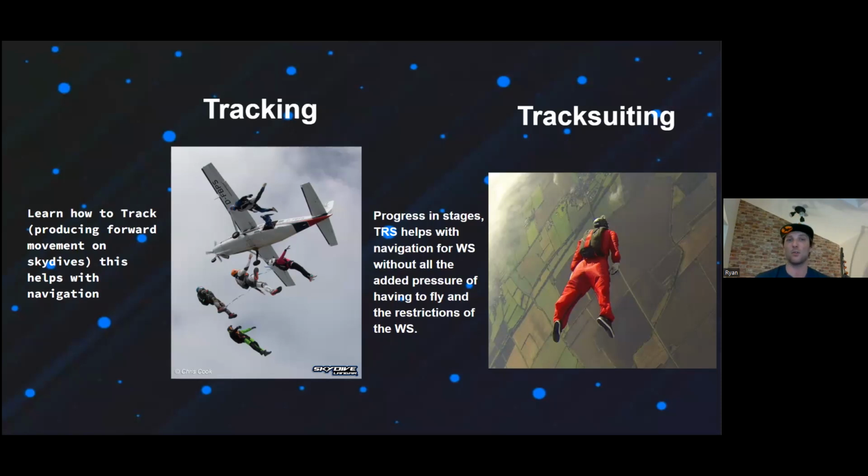You can get coaching at Langar the whole time, and this will help you start to understand the basics of navigation. Navigation when you are flying wingsuits is extremely important. I would say it's actually the most important thing, as opposed to flying the suit to the highest of your ability and technique. Being able to exit an aircraft and fly to a specific point is a lot more important in terms of safety. So again, a really good foundation in tracking, and then you can move on to something called tracking suits,